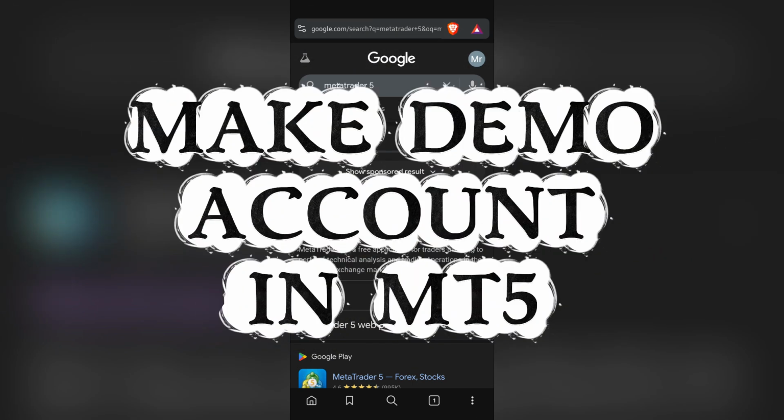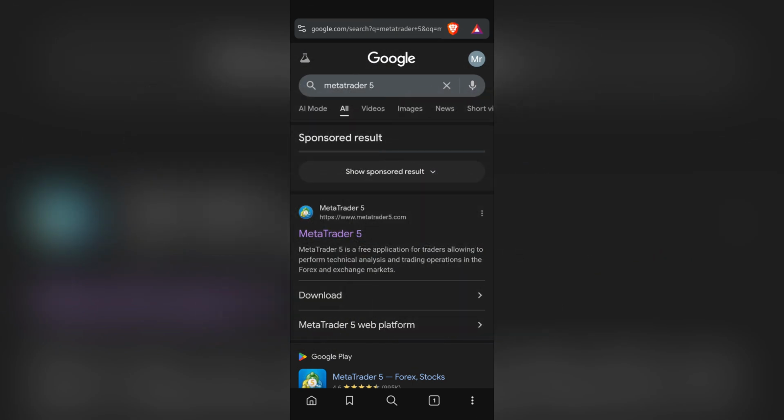How to create demo account on MetaTrader 5. Now in order to do this, just simply open your web or application in your phone, and after that search